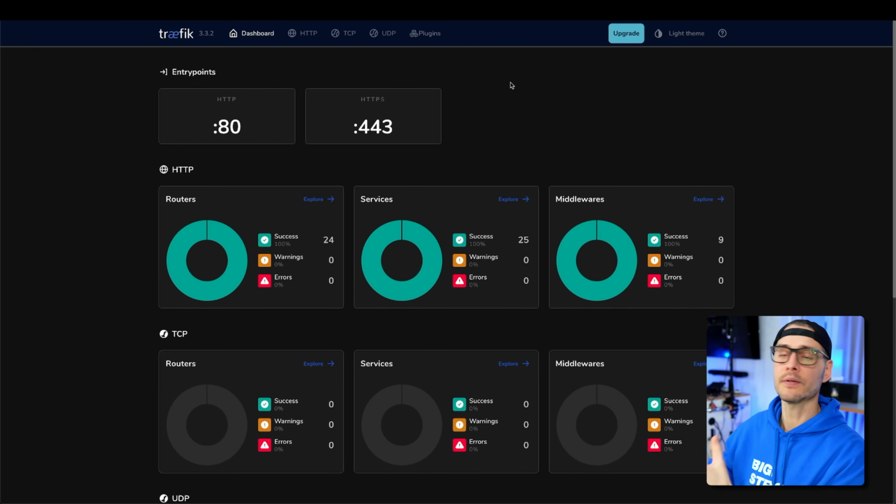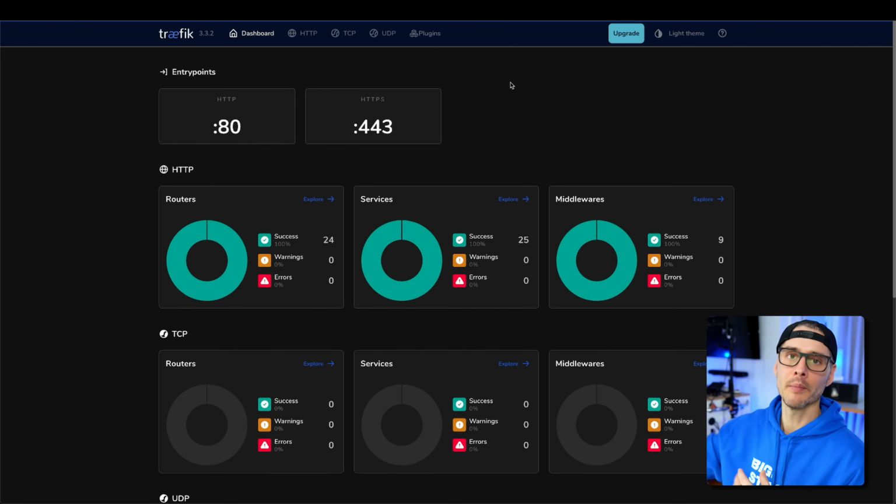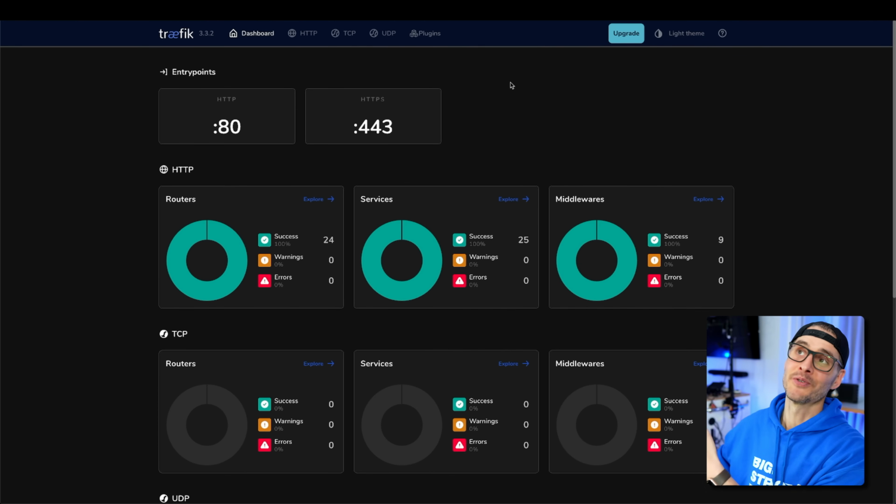I have an internal version of Traefik running in Kubernetes to serve traffic to me over the VPN versus out publicly. And then I have another instance of Traefik that's used as a reverse proxy to serve that traffic out publicly with certificates.